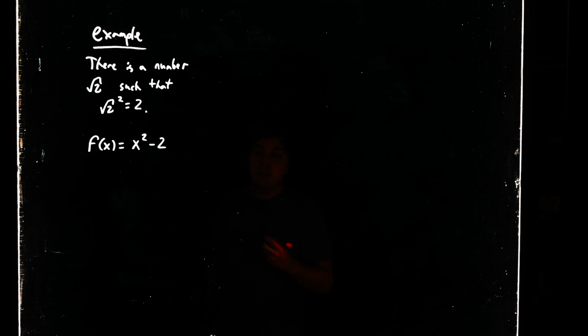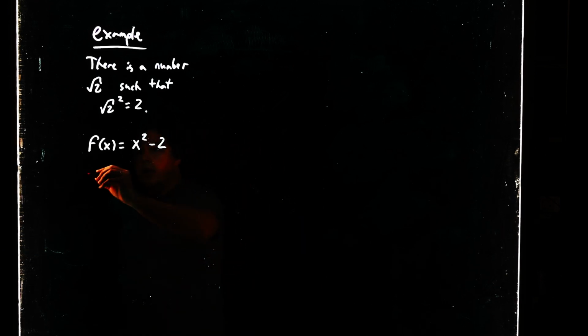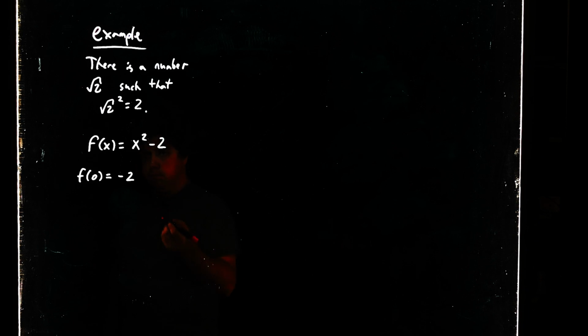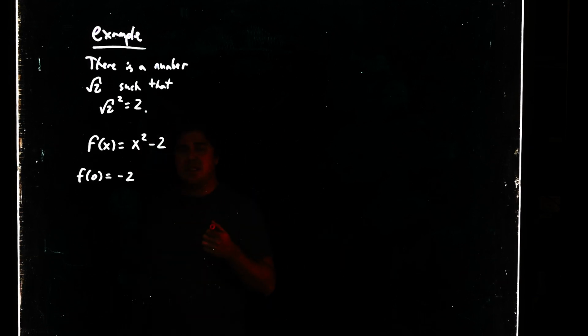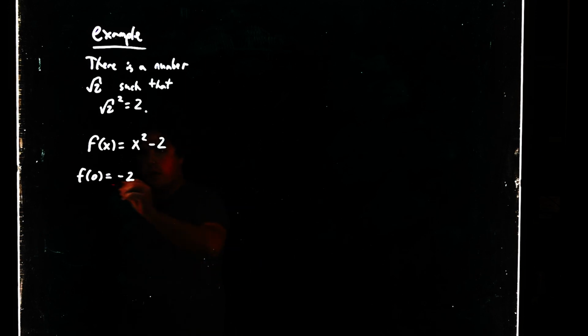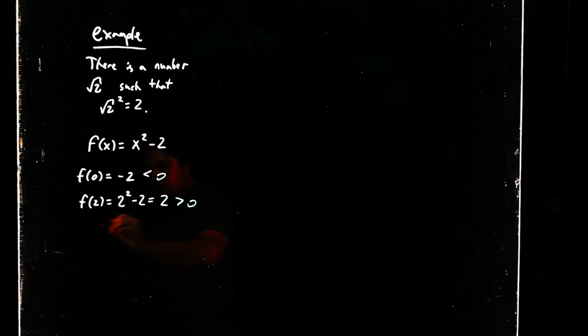We can use the intermediate value theorem to show that such a number exists, because let's just note that f of 0 is equal to minus 2. And then, if we plug in f at 1, we can see that's still a negative number. That's going to be minus 1. But f of 2 is going to be 2 squared minus 2, which is 2, which is greater than 0. And of course, this is less than 0. So thus,